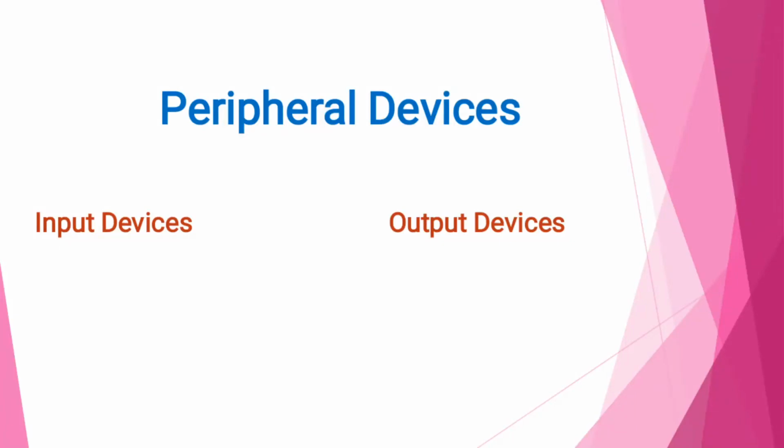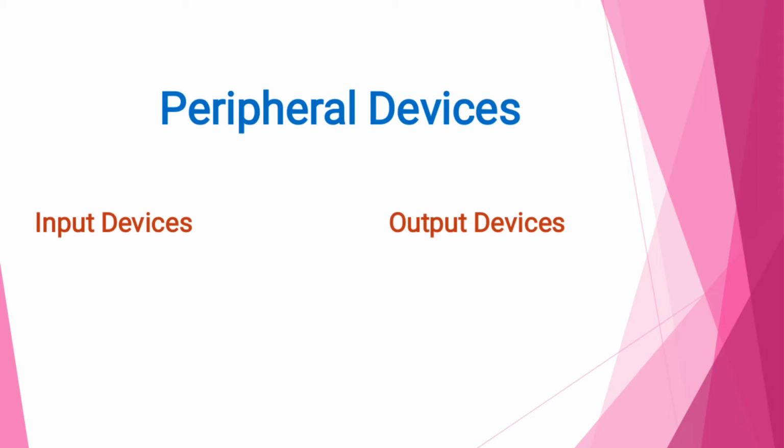Good evening everyone. Next topic is peripheral devices. A peripheral device is generally defined as any auxiliary device such as a computer mouse or keyboard that connects to and works with the computer in some way. Other examples of peripherals are expansion cards, graphics cards, image scanners, tape drives, microphones and loudspeakers, webcams and digital cameras. These are some peripheral devices.